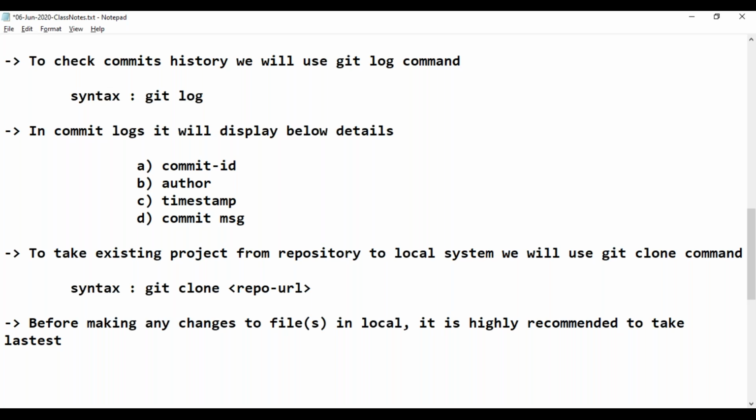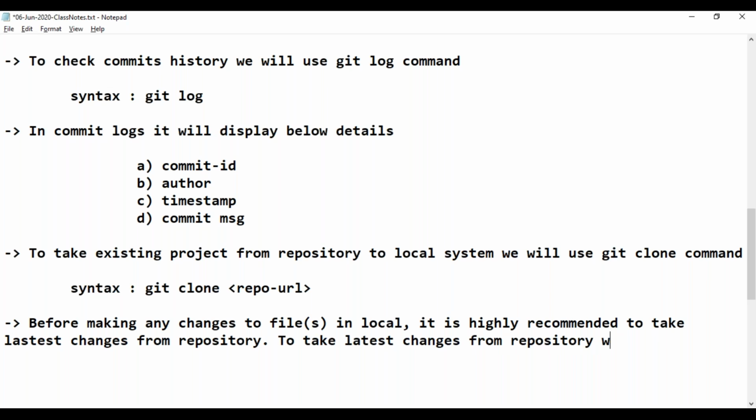To take the latest changes from the repository, we will use the git pull command. Syntax for that: git pull.